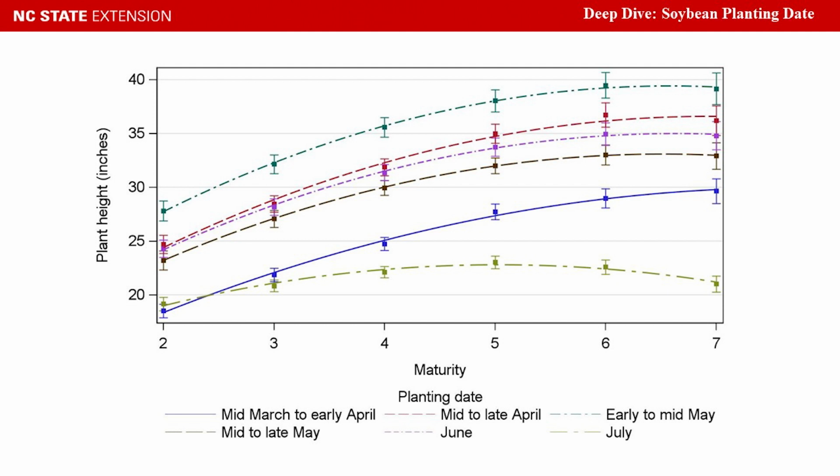So there are definitely some risks to early planting. In this lecture, we're doing a deep dive into soybean planting date. One of the takeaways I'd really like you to leave with is that we can plant too early in North Carolina in most situations, and that has negative yield implications for all the reasons that were just discussed. In high yield environments, which we'll talk about a little later in this lecture, there's a bit more flexibility on